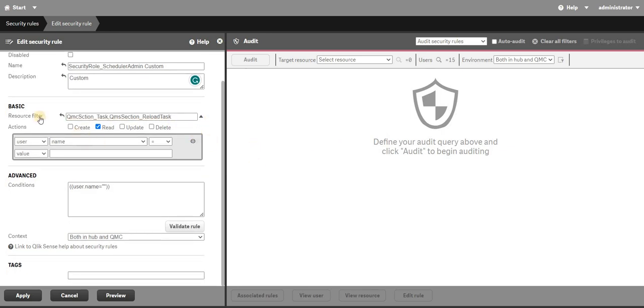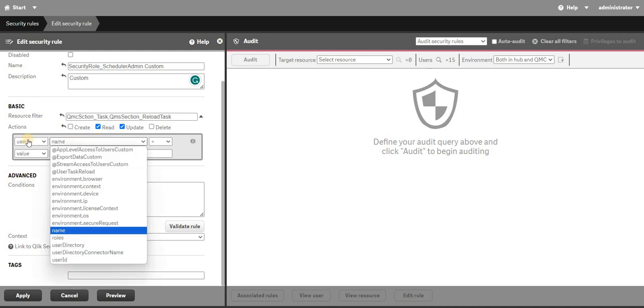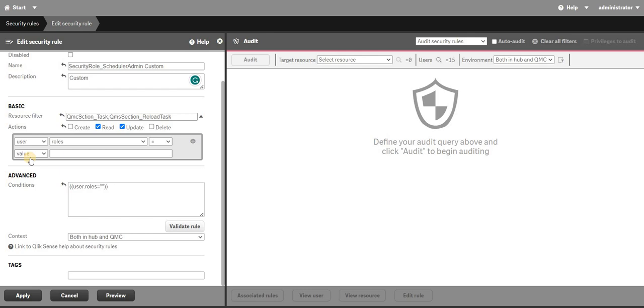Over here I will check the read and update checkboxes, only two checkboxes. And then in advanced I will say the role should be equal to,